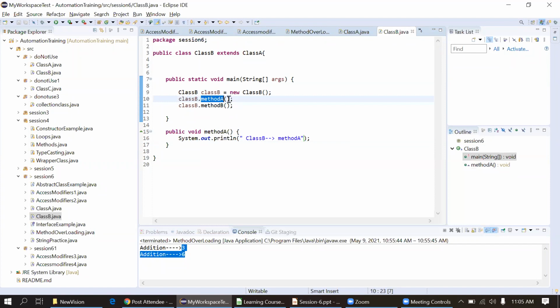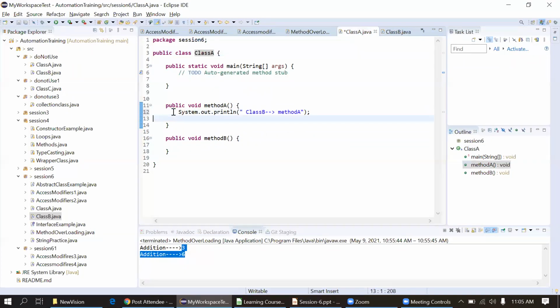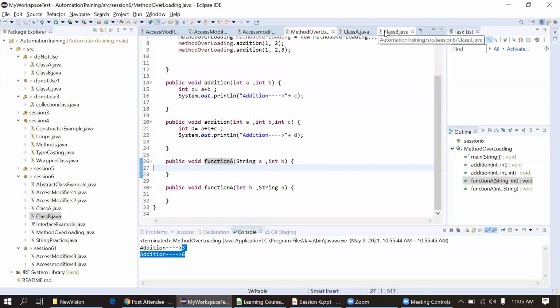I will just go inside this class A now. And in method A, I will just print "class A, method A". Okay, you can see this is class A. I am printing this out because you should understand which method got called at runtime. This is class A, and this is method A. Now I'll execute this class B.